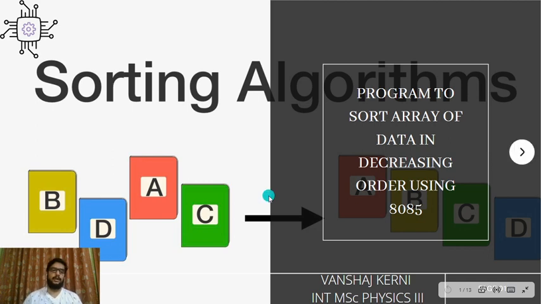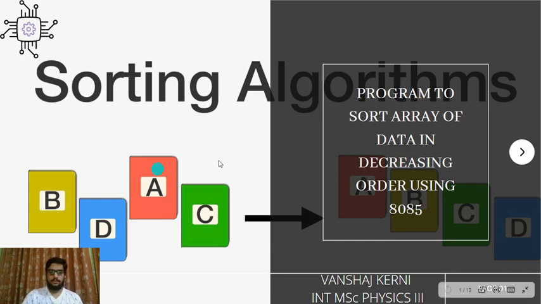So in this video I'll start with the basics of sorting algorithms, the different sorting algorithms that are there, and I'll explain one of them, known as the bubble sorting algorithm. In that, I'll explain the logic behind the bubble sorting algorithm. We'll see a simulation to understand it more. Then we'll see the flowchart for the code I have written in the simulator, and then I'll explain the code in detail over GNU Sims.